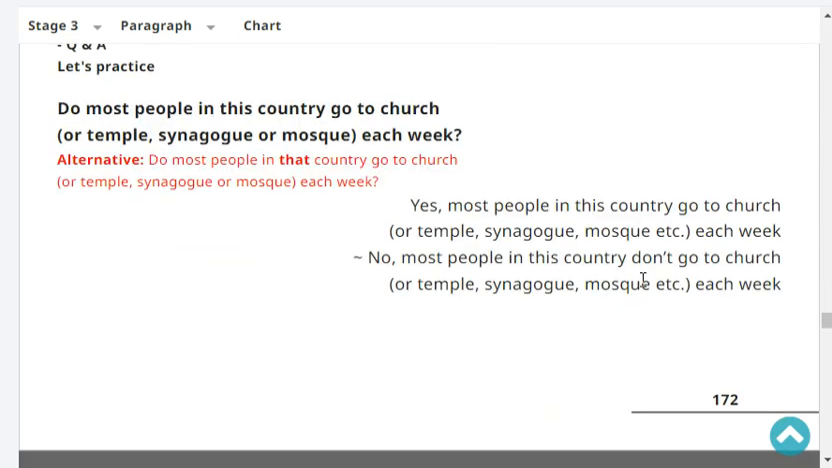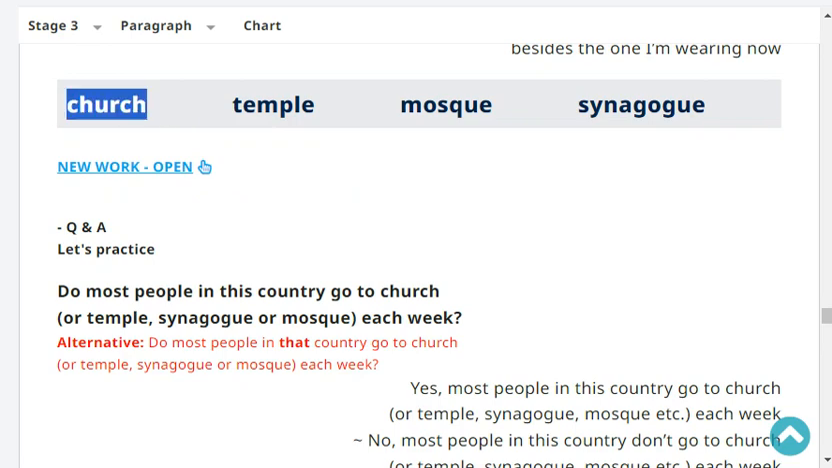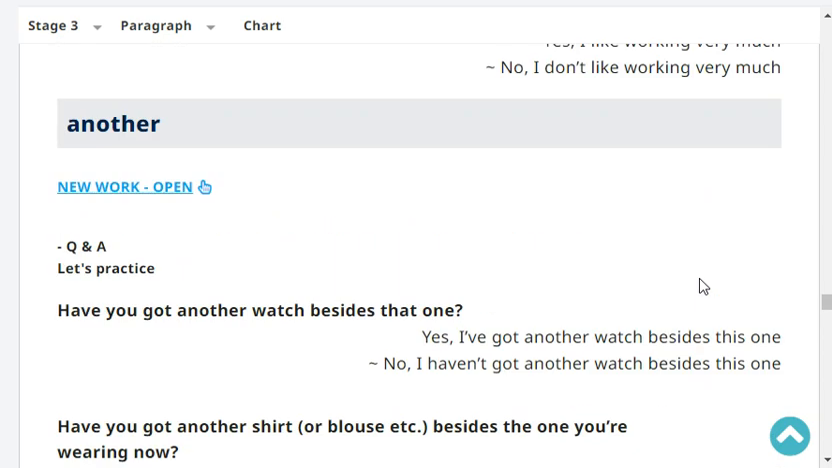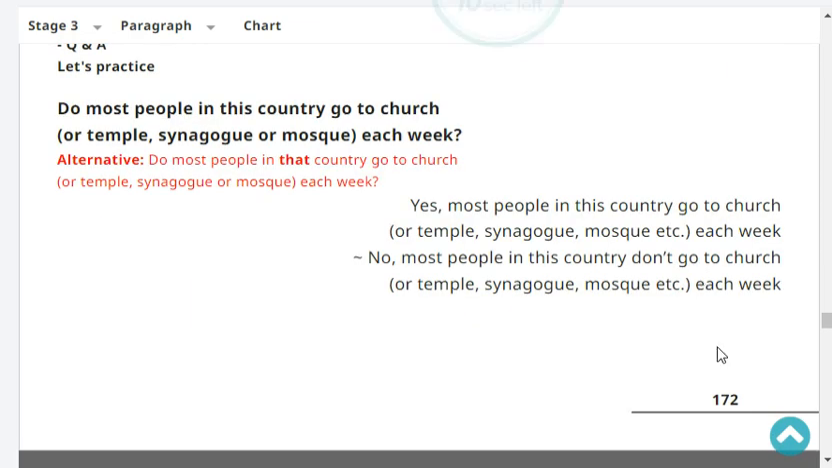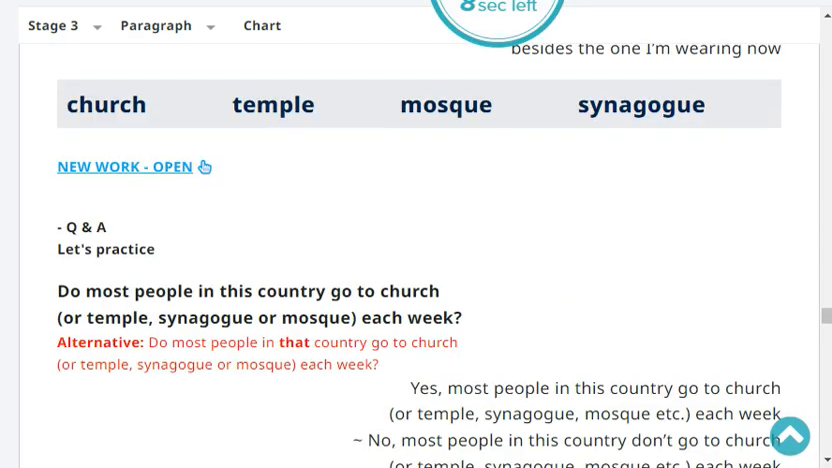Very good. Church, temple, mosque, synagogue. Do most people in this country go to church each week? Yes, most people in this country go to church each week. No, most people. Very good. Okay, so it's